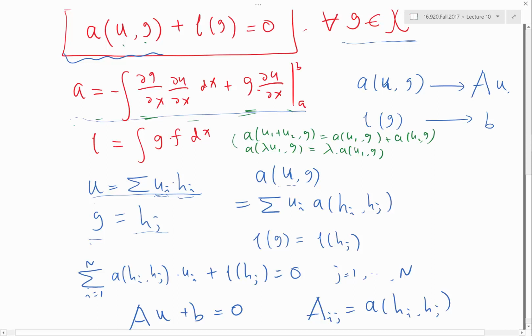All right. And this L is a linear form. It's a linear functional. It only has one argument g, and it has to be linear with respect to that. Questions so far? Okay. So now let's start to look at